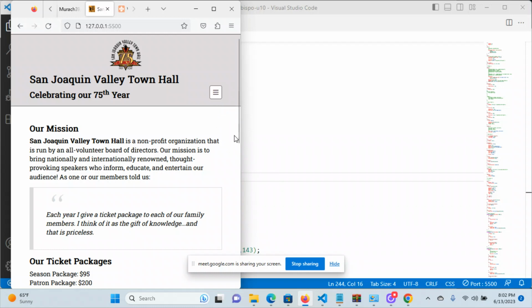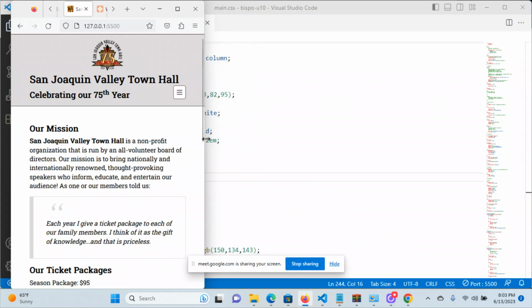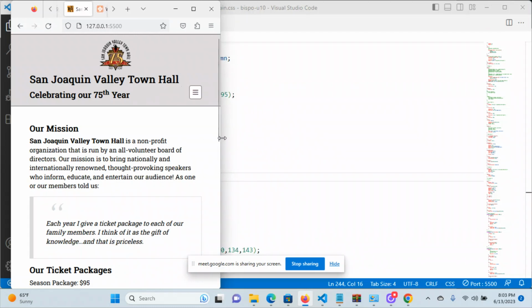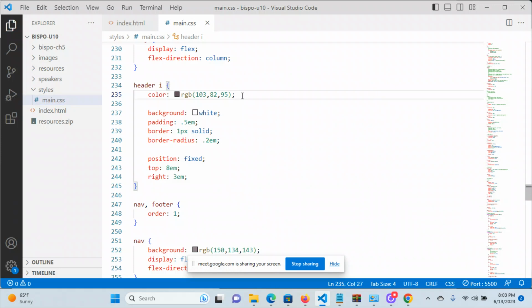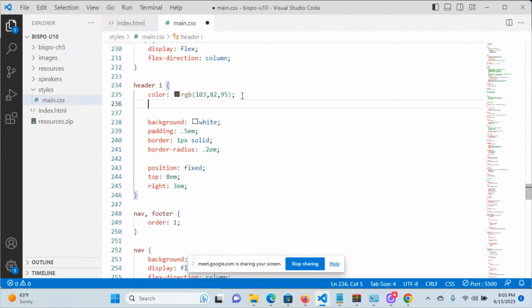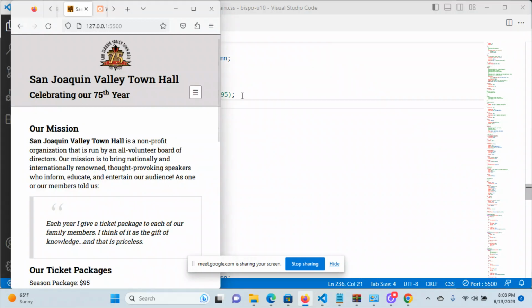Yeah, that's true. However, I'm not going to be specifying this for mobile. I'm going to be specifying for narrow devices. It is possible that someone might come in a narrow desktop browser like I'm using here, and in which case that little hover state would be nice to have. So I'm going to put this again in header eyes. The last thing I'm going to do here, the cursor property, and not hover, pointer, like that. Cursor, pointer,